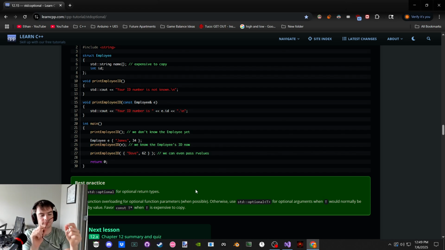I'm not sure. I'm trying to think of a case where we do an optional that's default initialized to null opt, but in comparing it to function overloads, instead of saying null opt and then having that function check if it's null opt and do this, and if it's not null opt do that, we could have a function that if there's a value to this, and another overload where if it doesn't have a value do that. What is a case though where we couldn't do the overload part?